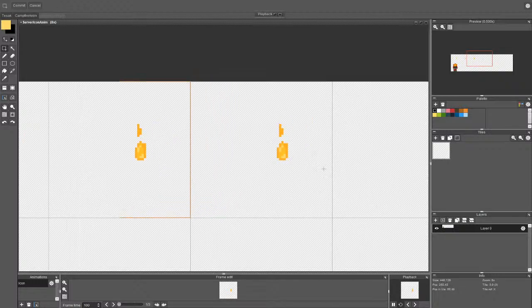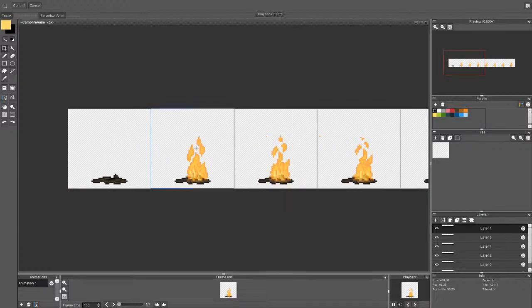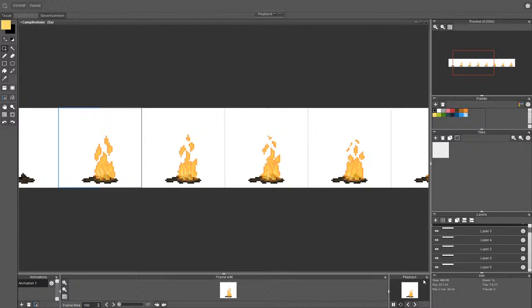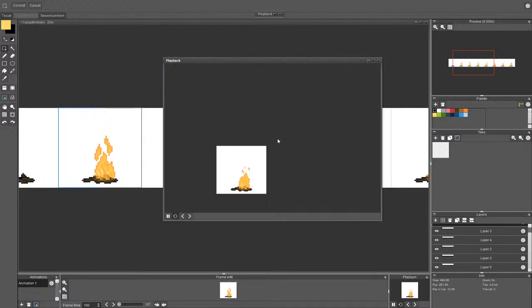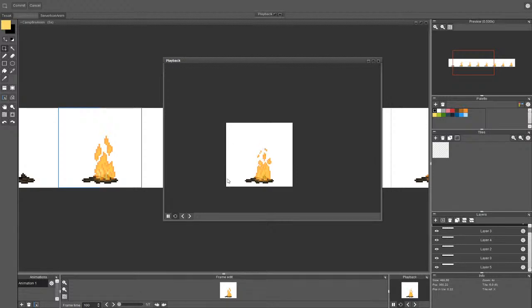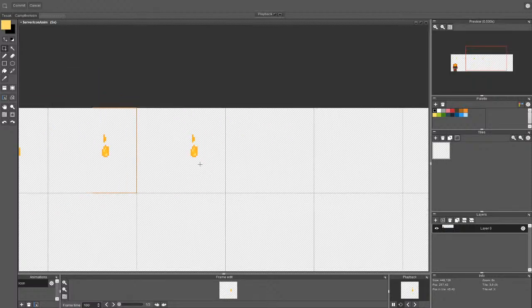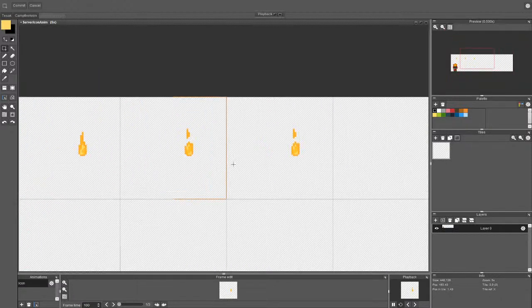So let's make it 7 frames long, because I used 7 frames for the campfire animation, which, as you can see, looks pretty okay-ish. I mean, it could be better, but it's okay-ish. And I'm hoping that I would make something similar.